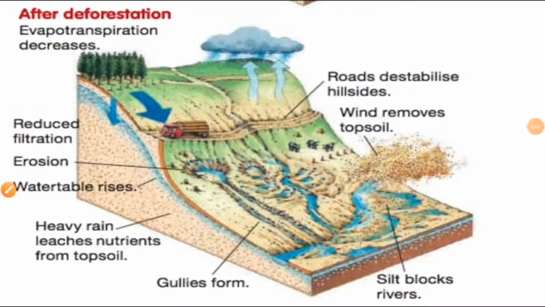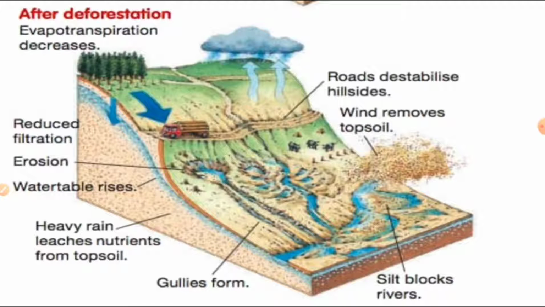And now let us discuss what is soil erosion and soil conservation methods. Soil erosion means the removal of topsoil from one place to another by natural agencies. And it is mainly caused by running water and wind. And what are the factors affecting soil erosion? The first one is deforestation,